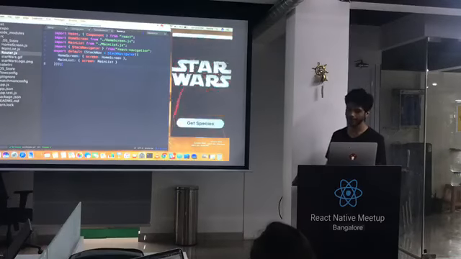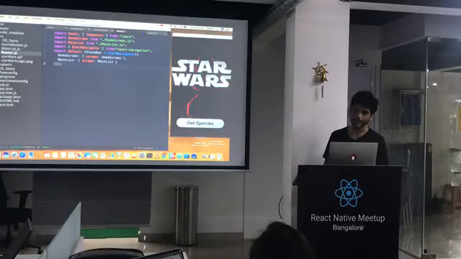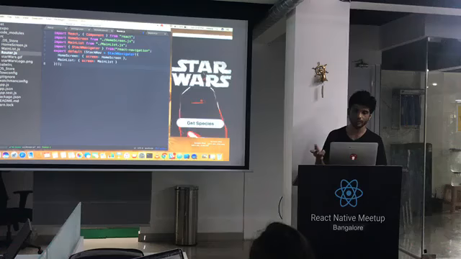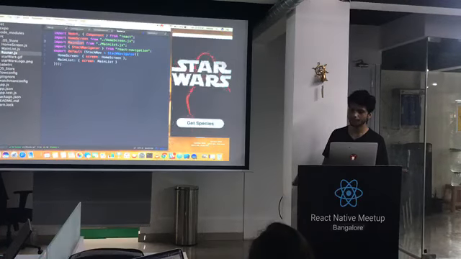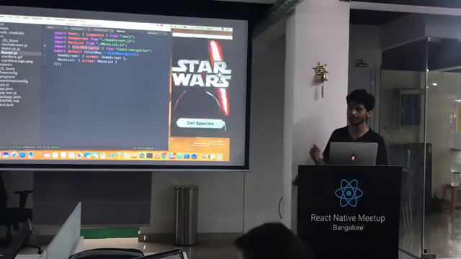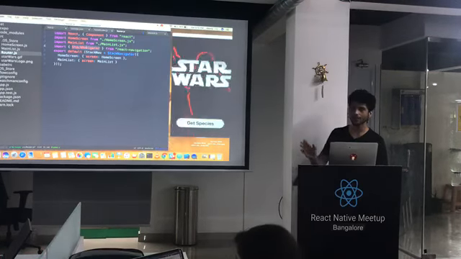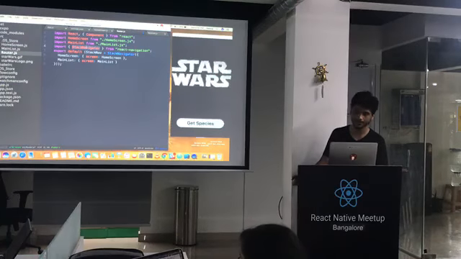We've imported React and Component from React, and we've imported our 2 screens that we just made, the home screen and the main list. And we've imported Stack Navigator, which is one of the navigation options. It comes with 2 others, Tab Navigation and Drawer Navigation. For our purposes, we can settle with Stack Navigation for now.